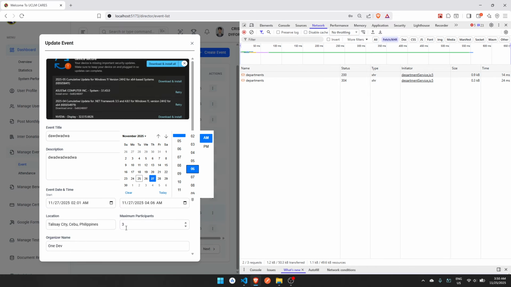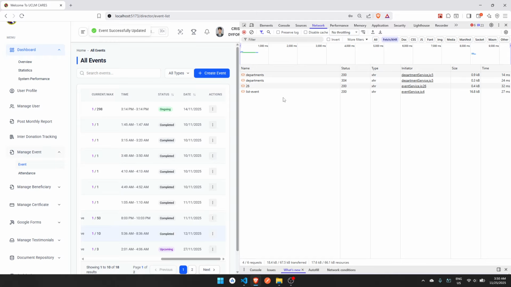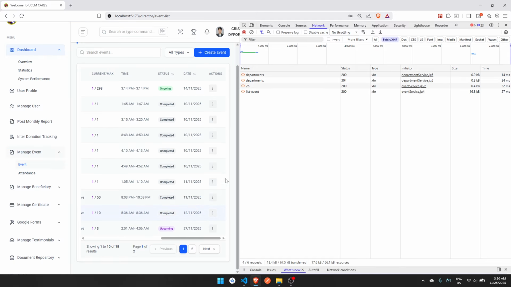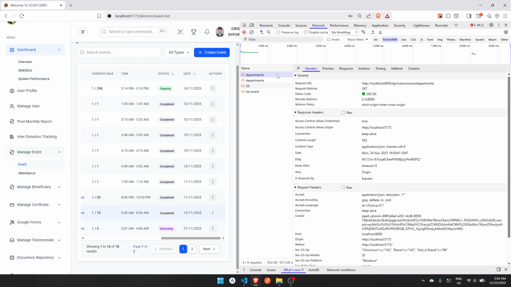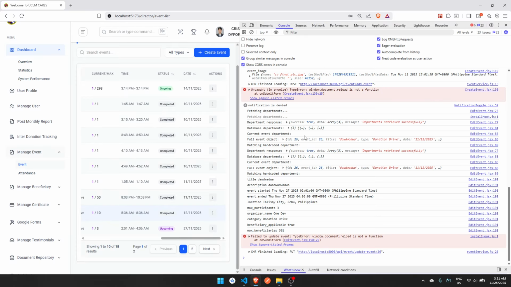I cleared the. As you can see, once we click submit, it will automatically call the endpoint in the services. Once it gets triggered, the backend will respond to the front end. So that's how the communication works.